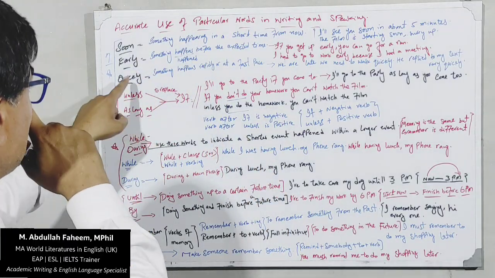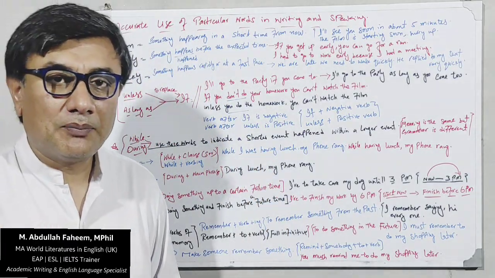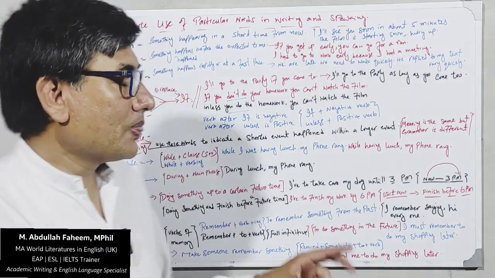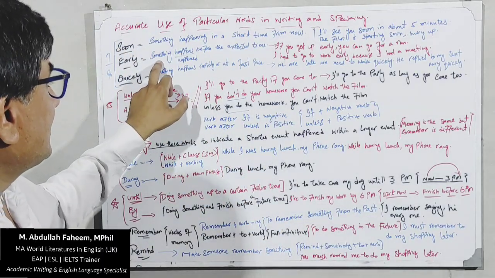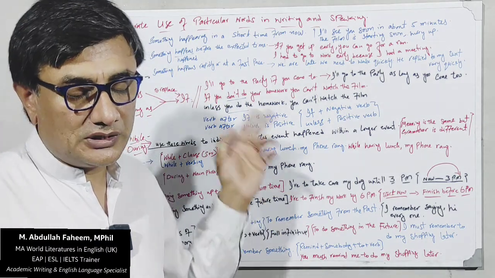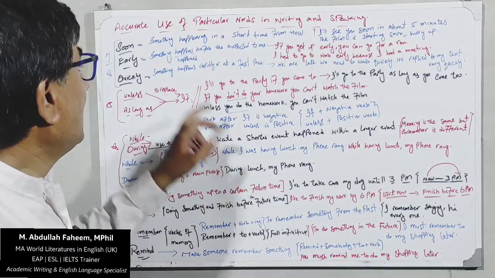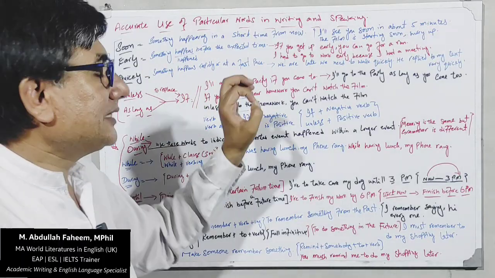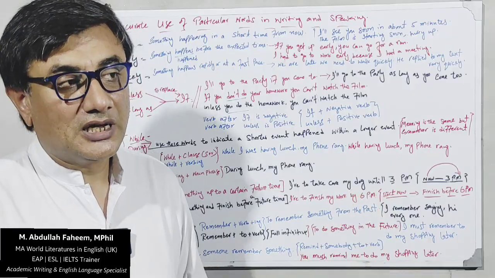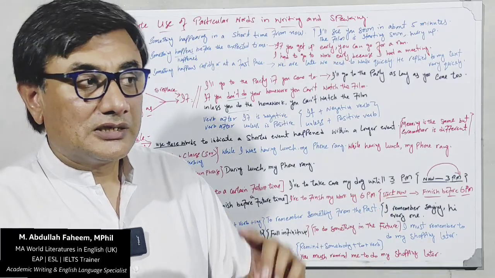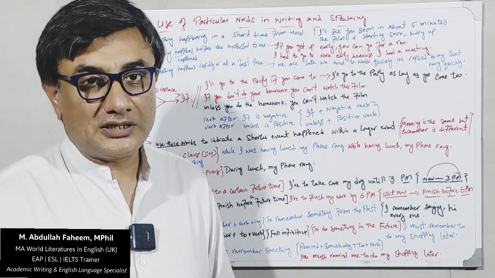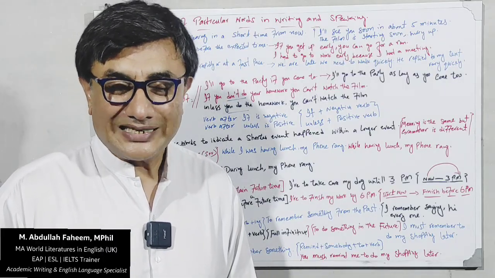We have another word, that is early. Early means something happens before a desired time, before a timetable or a desired time. So the explanation indicates that something happens or happened. It's about the past as well. You can use all these words in the present and in the past as well. So something happens before the expected time. You expected some time, but you finished early. So this means it's not like soon. Soon means something going to happen from now on. Early means you finish something, or you may finish something, before someone's expectation.